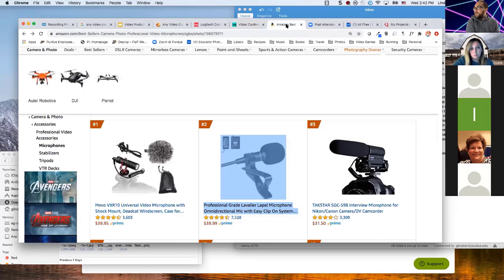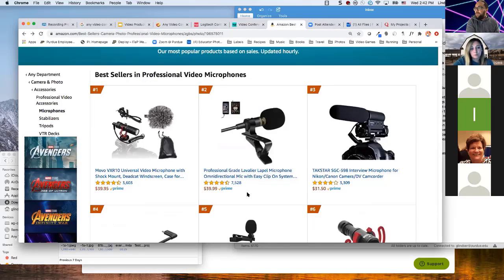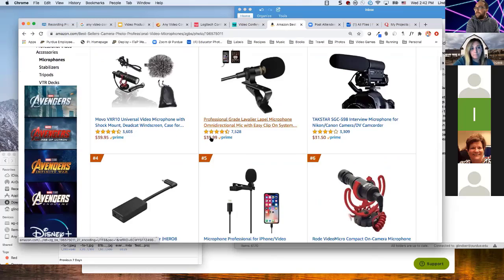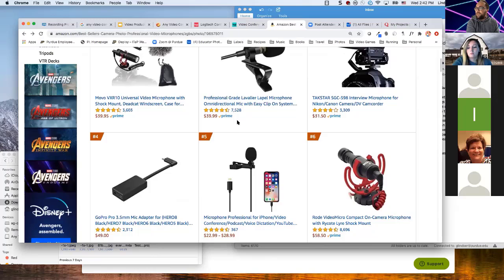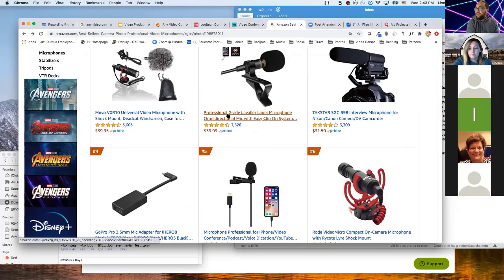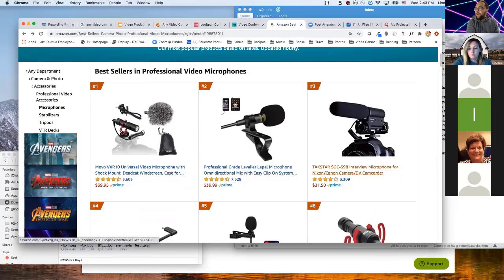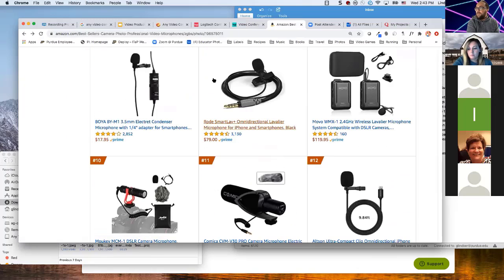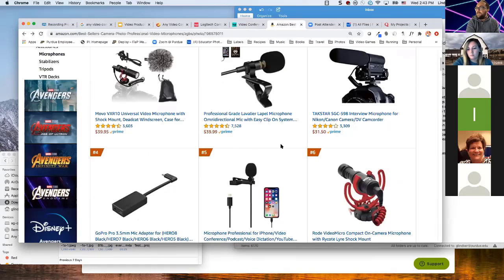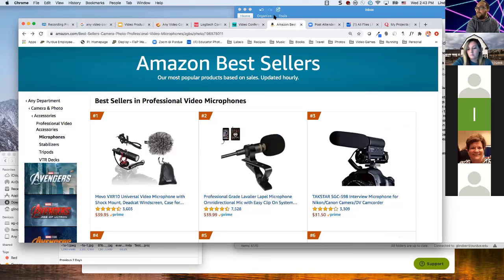So I was showing first the lapel mics. If you just Googled lapel mics on Amazon, you're going to see a lot of other good options. There's some that are a little cheaper, but like I said, this is one that I've actually used and like. But there are a lot of other options out there that are not bad to try as well. You don't have to use Amazon. Government connection is one where we get a lot of different things that we need as far as hardware goes.